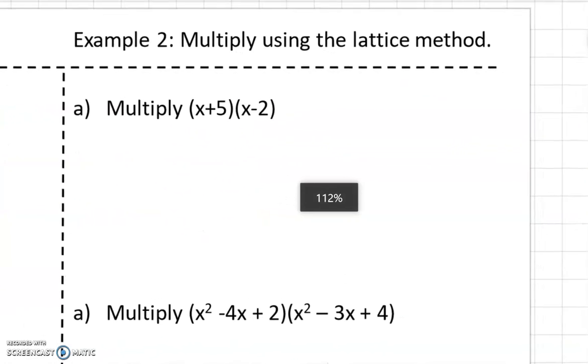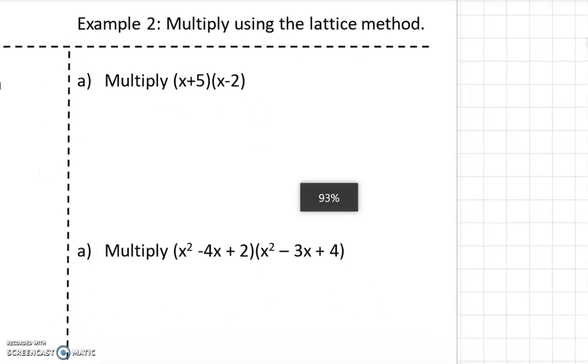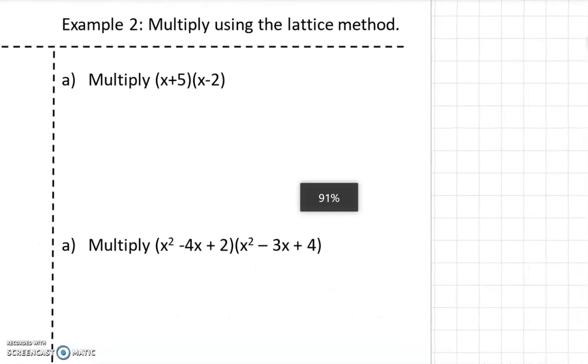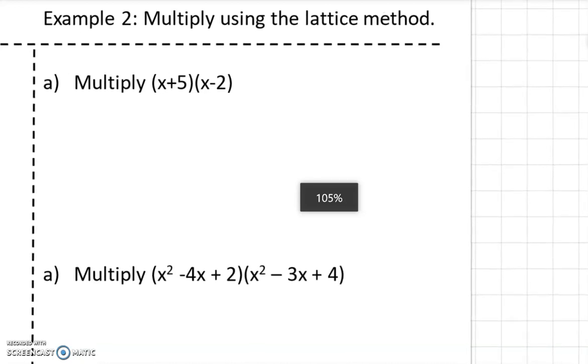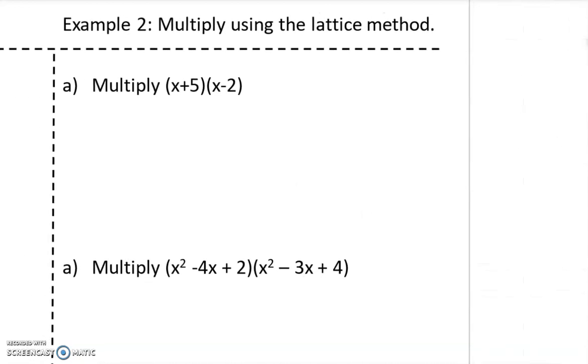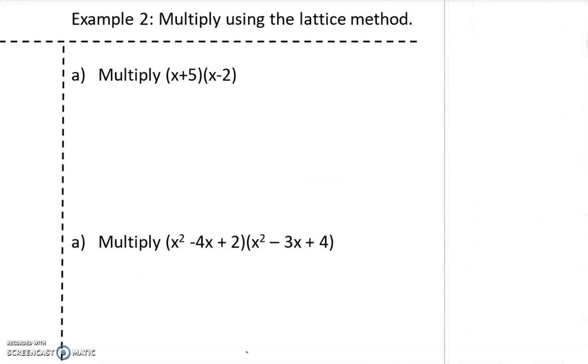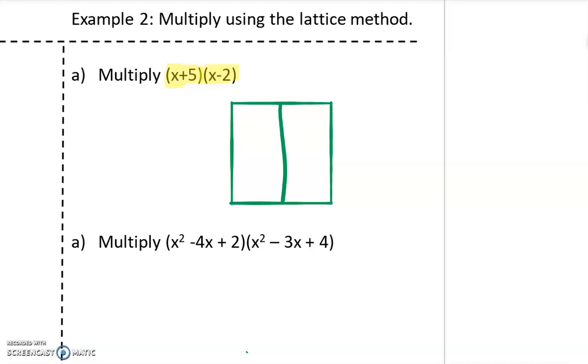Okay, these next examples here, we're going to multiply some different polynomials, different types. This is called the lattice method. I like to call it an area model. So I'm going to show you how to multiply these. So you can see in the first one here, we have a binomial x plus 5 times another binomial x minus 2. So since they're both binomials, I am going to set up a 2 by 2 rectangle,